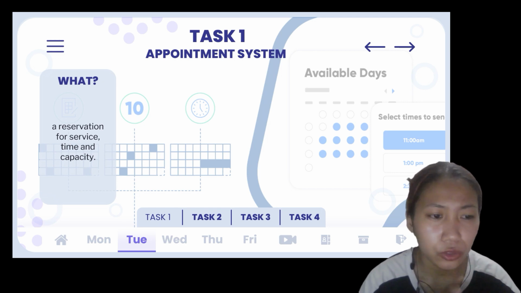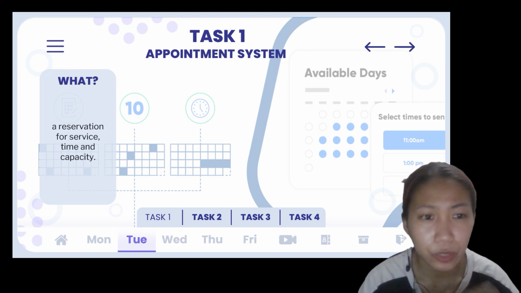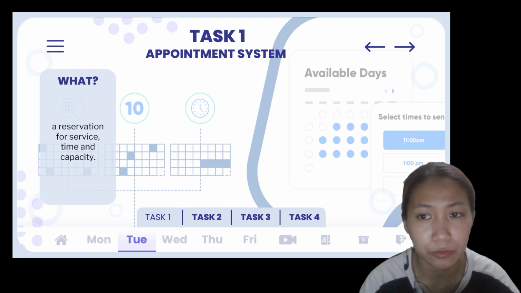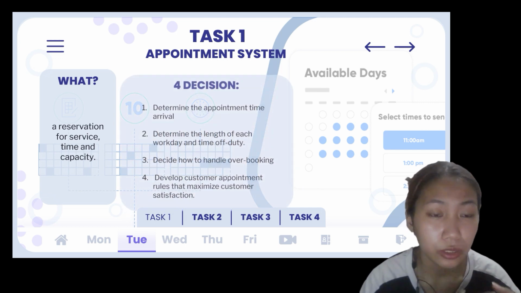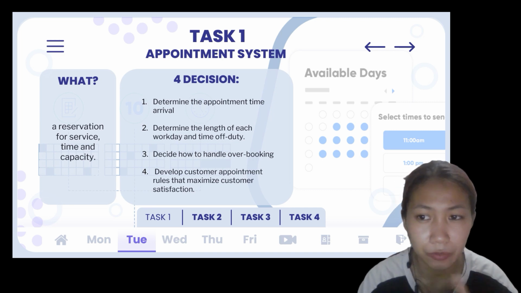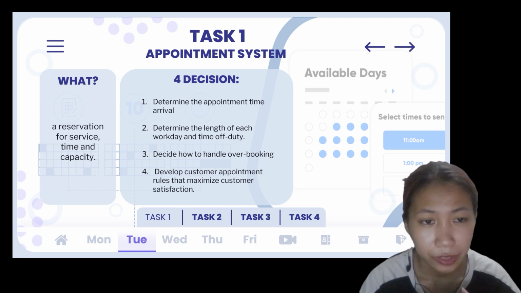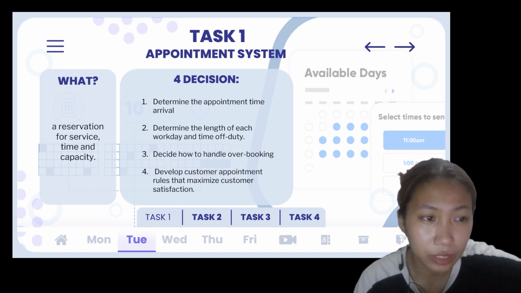So why do we need to have an appointment system? One of the reasons is it ensures fewer scheduling errors and miscommunication when it comes to having an appointment, especially when there are no shows or cancellation of appointments. And it also saves time, money, and resources when it comes to work. In simpler words, it's the aim of